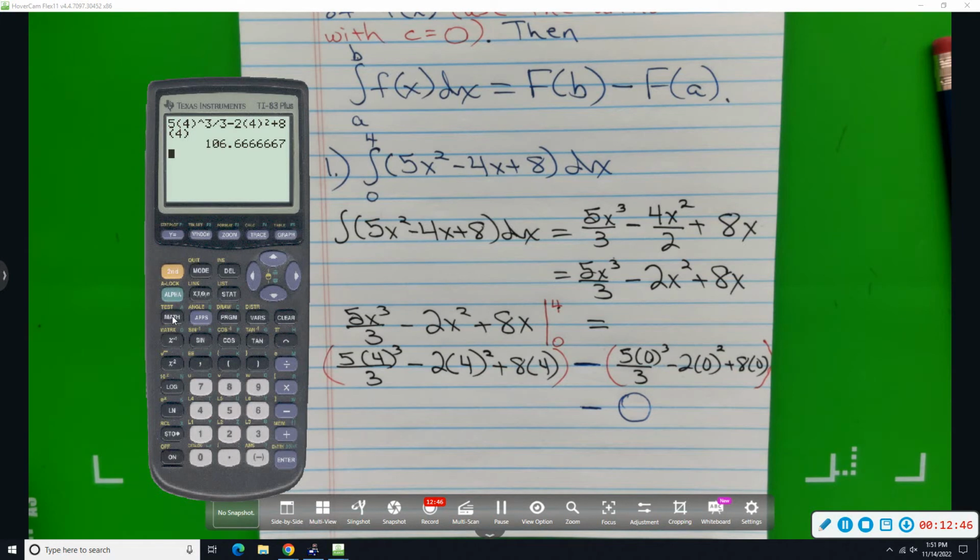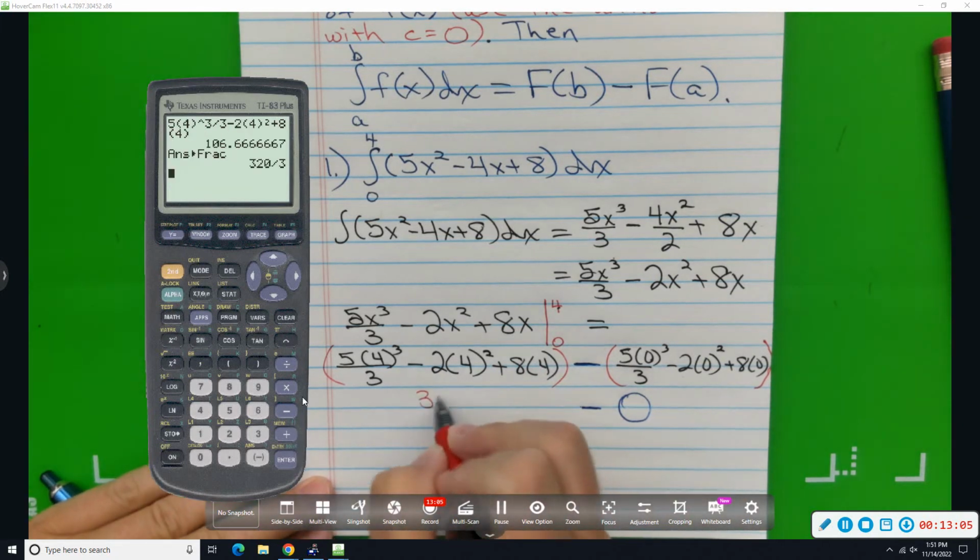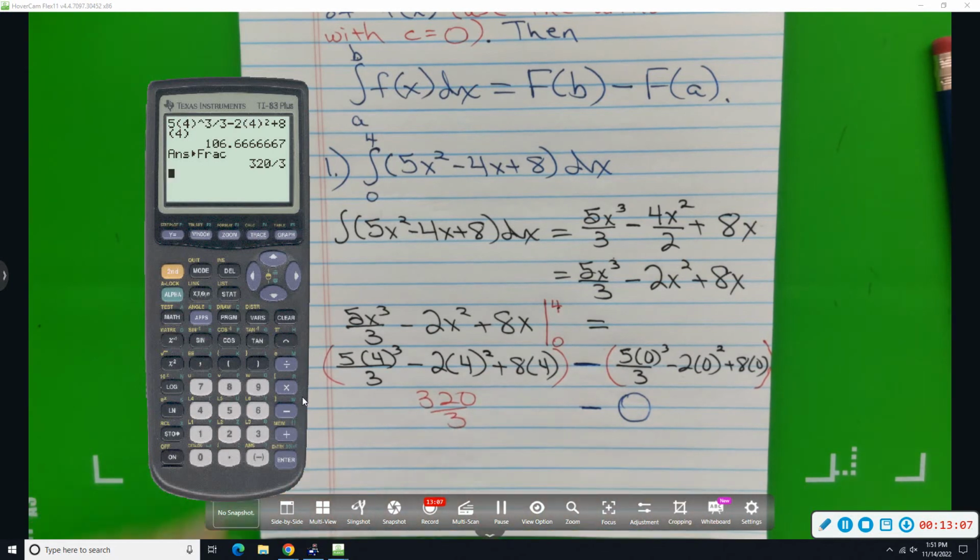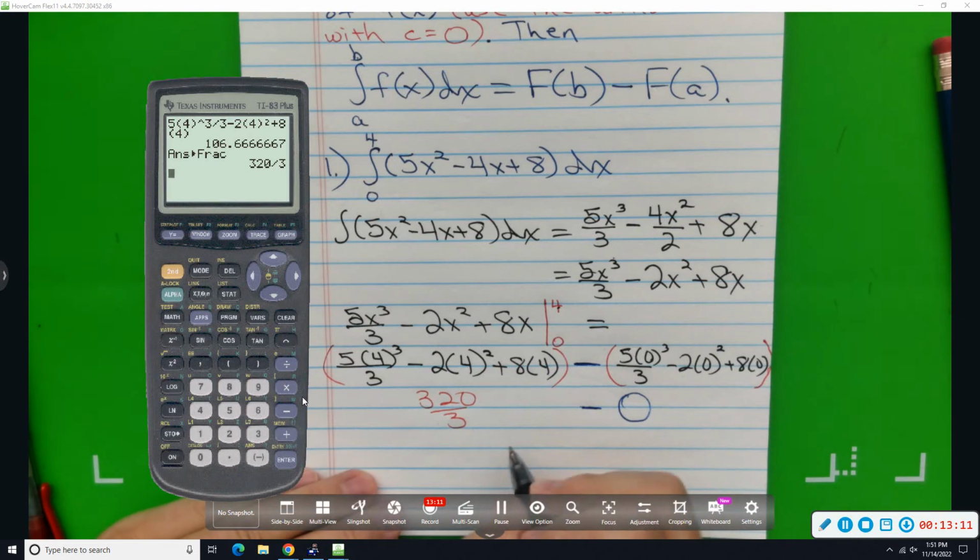If you're using a type of calculator, we know that that 0.666 is 2/3, but if you're using this type of calculator, which I think most of y'all are, the easy way to do it is to go math, convert to fractions, so math enter, 320/3. 320/3 minus 0 gives us a final answer of